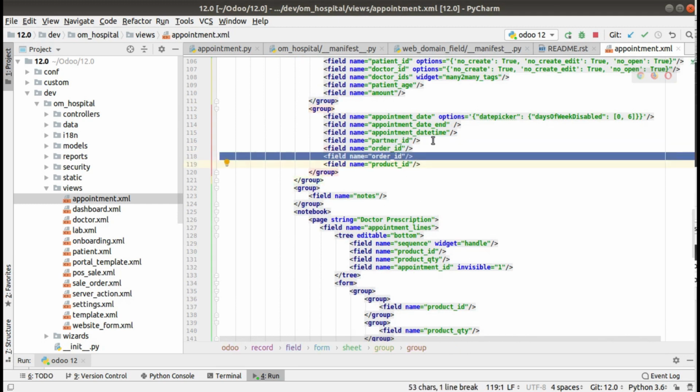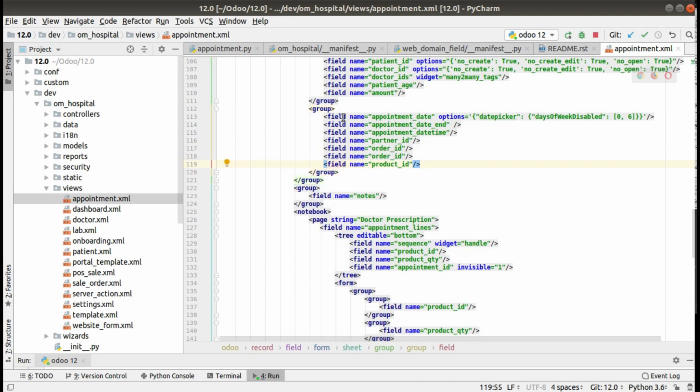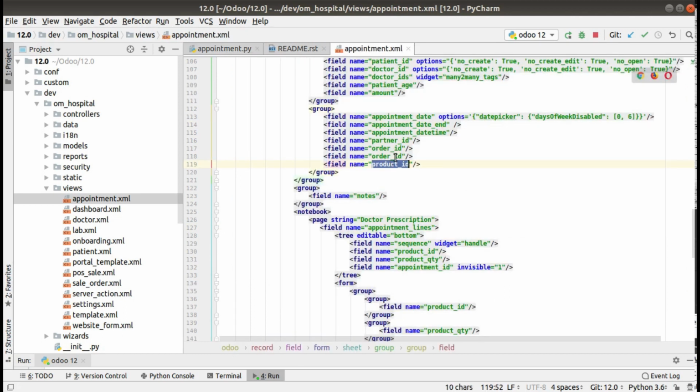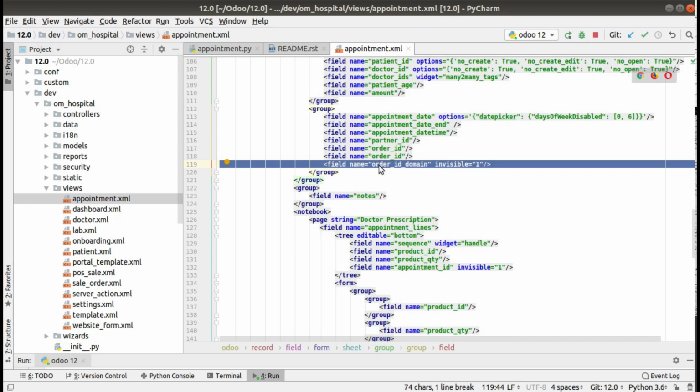Into the same view I'll be adding it, let me close the unwanted files so it will not be confusing for you. So here you can see we have defined a new field. I'll be copying that field and adding it to the view like order_id_domain, and I'll be setting it as invisible. So I have simply set it in the view just for the computation purpose. I have added the field invisibly to the view.